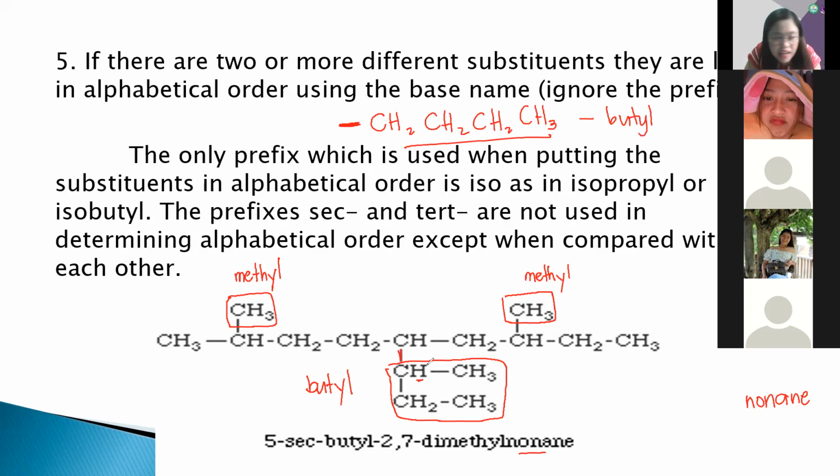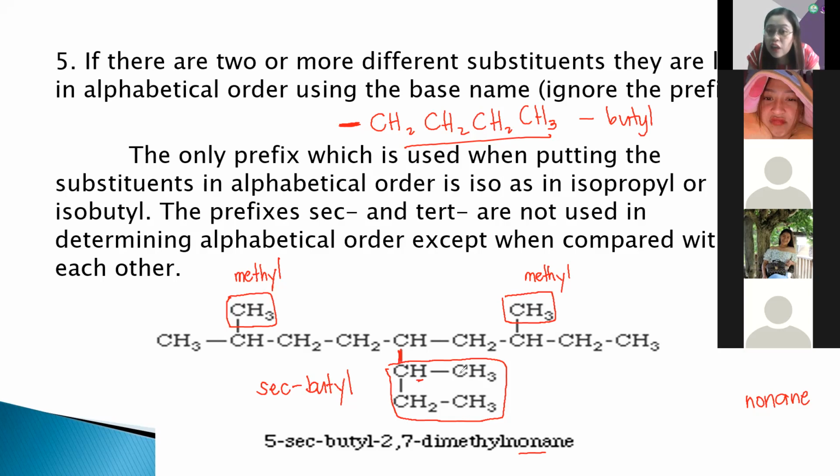The bonding is here on the second carbon. Okay, the bonding again here is on the second carbon. Kaya, hindi mo siya idediretsyong butyl. Instead, tatawagin natin siyang sec-butyl. Okay? Bakit? Kasi hindi siya straight chain na butyl, nakaliko siya, and the bonding on the parent chain happens here on